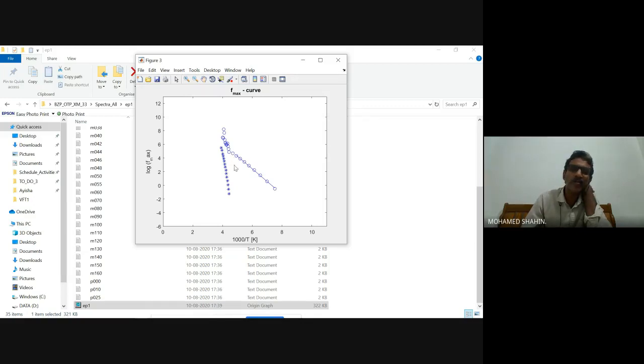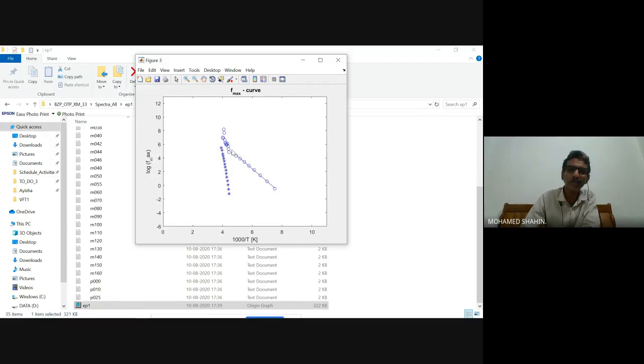Then you fit the spectra, and all the other parameters will come to a natural, meaningful minima or a meaningful region. Once it has come back to a meaningful region, you can try whether the FM is also coming back by releasing the fixing. If you find that the frequency is not coming back, you fix it.